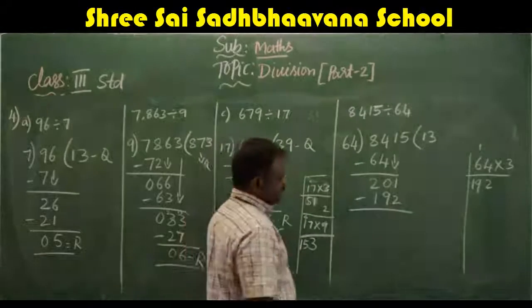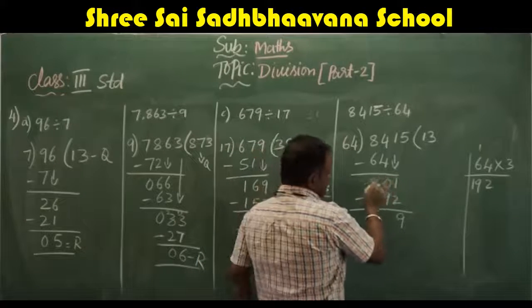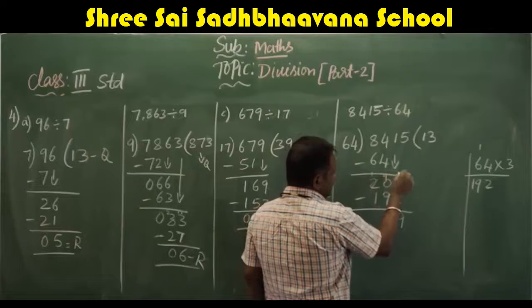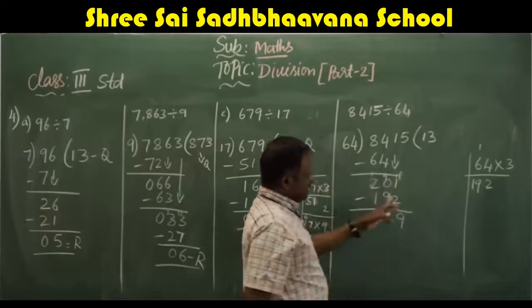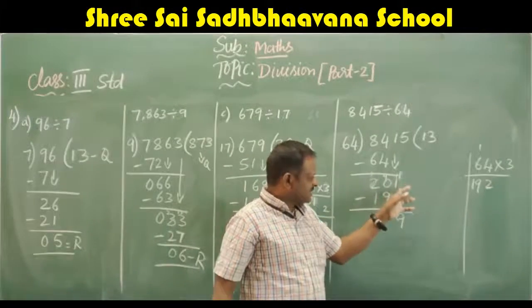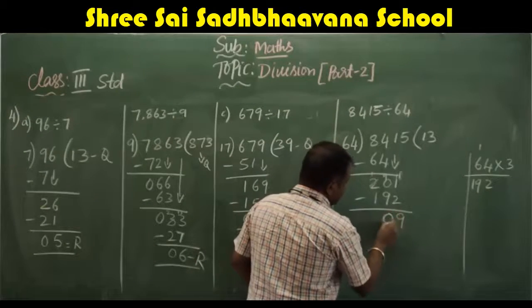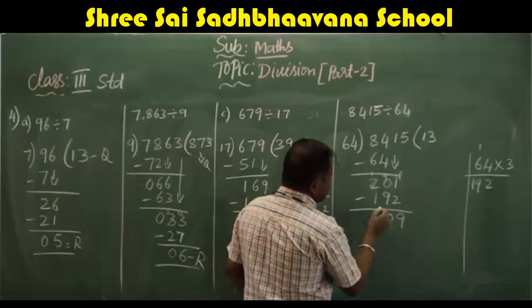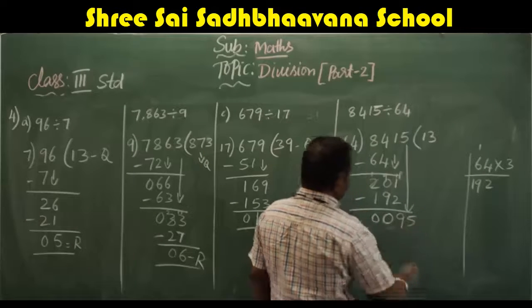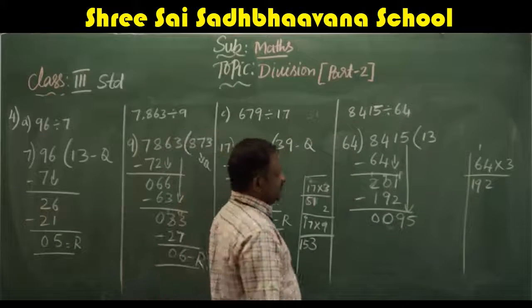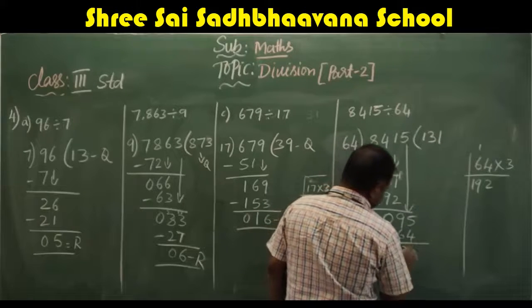Subtract 11 minus 2 is 9. 11 minus 2 is 9 because we are taking the carry from here. So this becomes 1, this becomes 9, this becomes 10. Sorry, 11, because already 1 is there. You take carry, 10 plus 1 is 11. 11 minus 2 is 9. 9 minus 9 is 0. 1 minus 1 is 0. Okay. Now we take down 5. 64 ones are 64. So 5 minus 4 is 1, 9 minus 6 is 3.